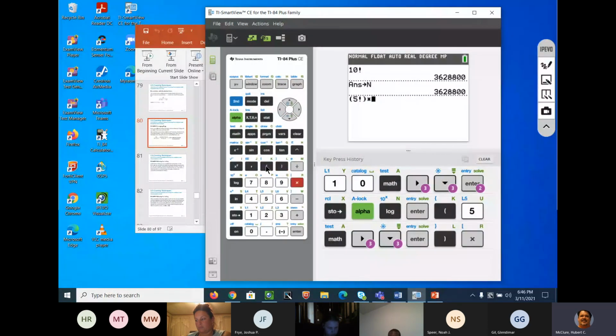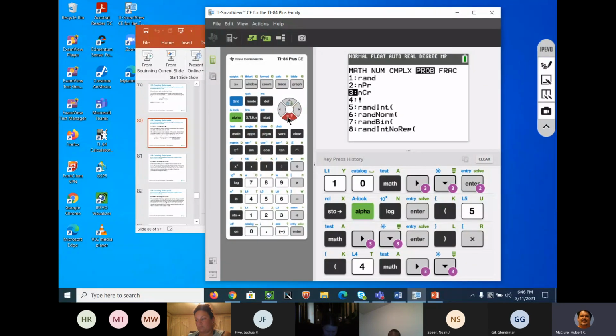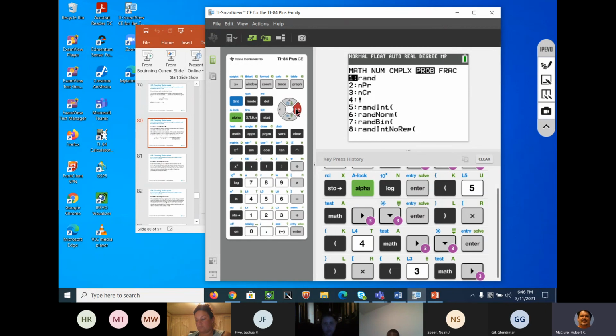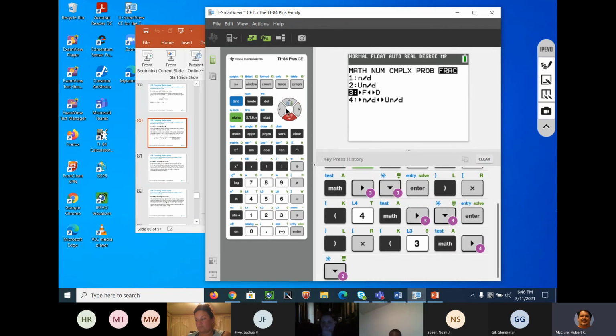I'm sorry, that's supposed to be, okay, that's a multiplication. 3 math, probability, factorial, close parentheses, times, parentheses, 2 math, factorial,